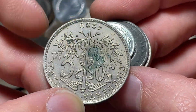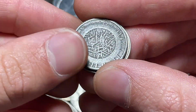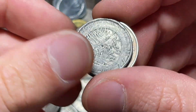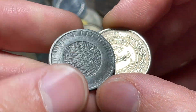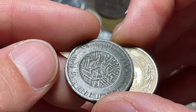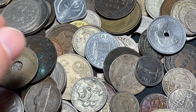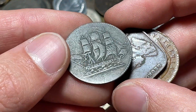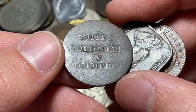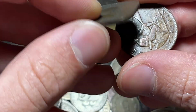Ottoman item, Bolivia 1939, 50 centavos. That's pretty curious. What on earth is this? I can't quite tell, but it's something weird. Jordanian item. If you know any of these, please let me know. Here's a ships, colonies, and commerce coin. Looks like some sort of a token from the late 1700s or early 1800s, but I haven't looked into those